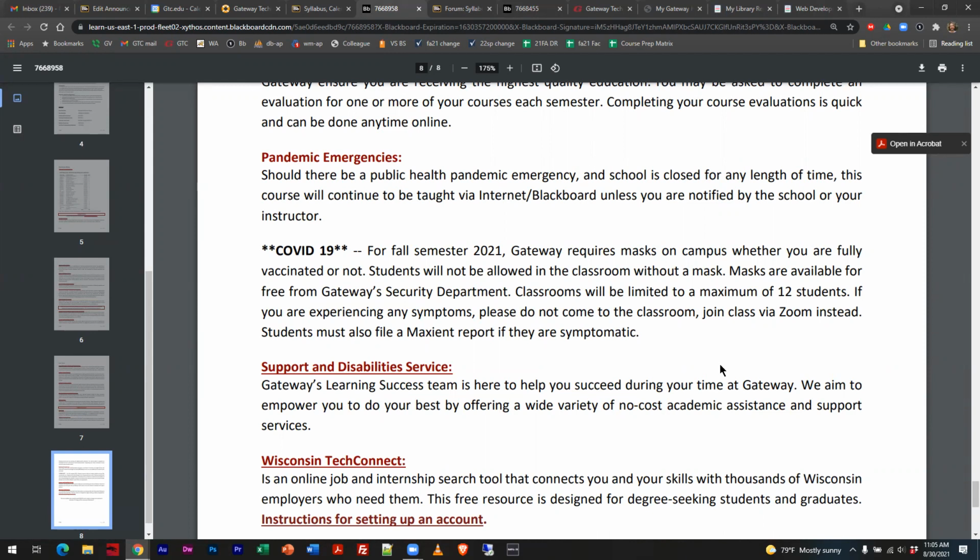If you are symptomatic, and I'm just going to repeat this, Katrina, if you end up being symptomatic, don't come to class. Jump on Zoom and join us there, because the Zoom sessions will always be open. And we're also supposed to put in an incident report, so if somebody does truly come down with COVID in the classroom, test positive, we might be asked to stay off campus for a couple of weeks, just so you guys are aware of that.